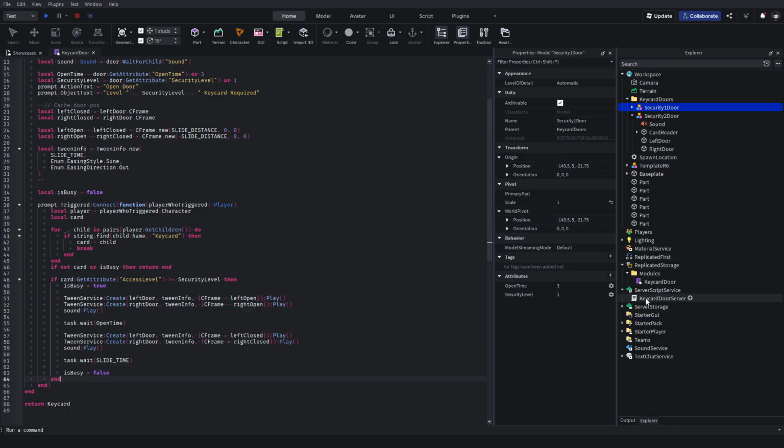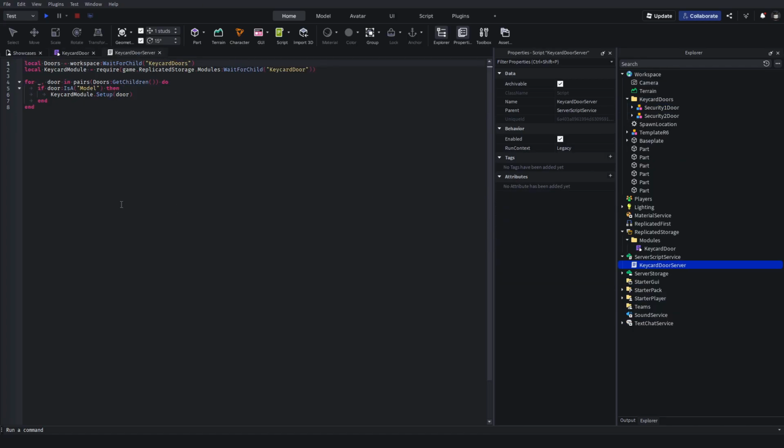Now if we go to our server script, all we're getting is the doors folder inside of workspace. We're going to get the module script inside of our modules folder in ReplicatedStorage. And now we're going to set it up for every single door by doing a for loop, so for _, door in pairs. We're going to look inside of our doors folder, get all the children, and if the door